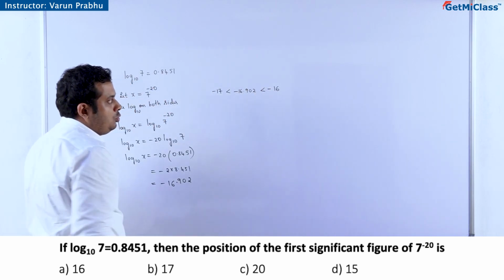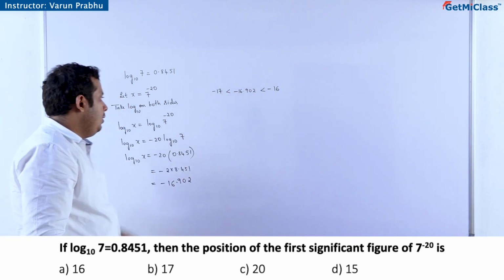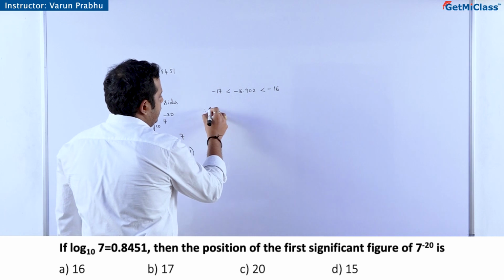So minus 16.902 will lie between minus 17 and minus 16, right? It is very close to minus 16.902, and it lies between minus 17 and minus 16. Therefore the first significant digit,